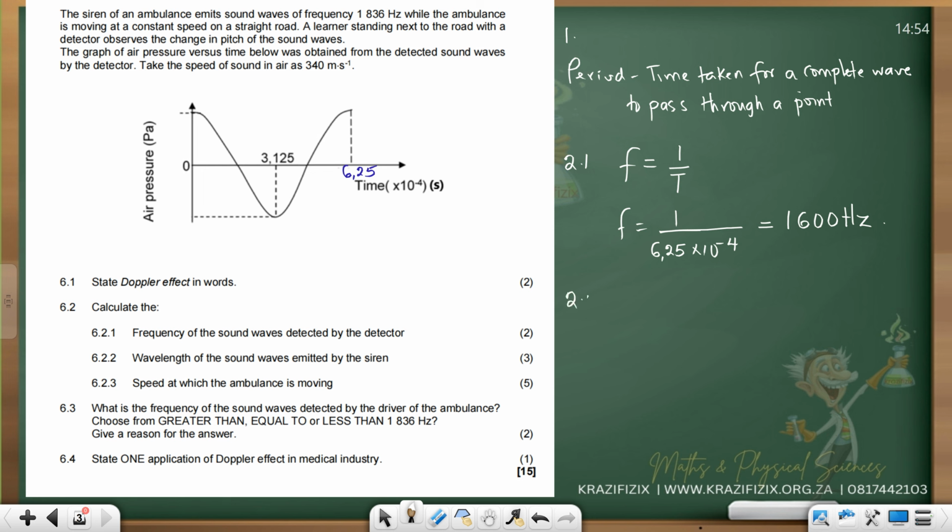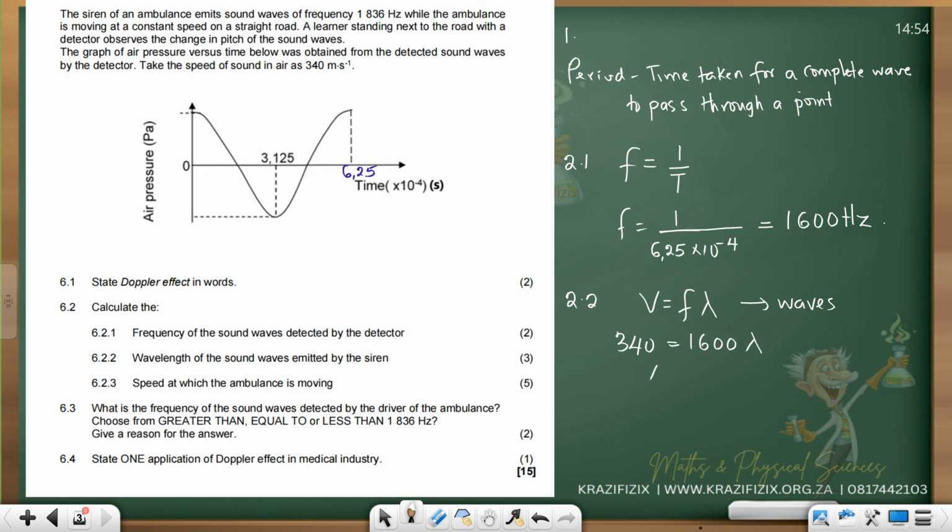What are we looking for? Wavelength. What is wavelength? Lambda. What's the formula? V equals to what? Now, the common mistake that learners make is this V. They usually take the speed of the car. No. If everything here is talking about waves, so this V is sound waves, which is what? 340, which is